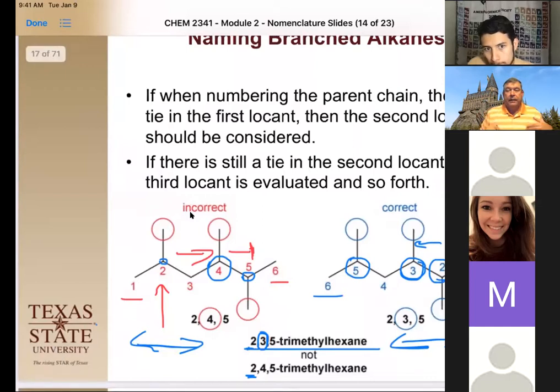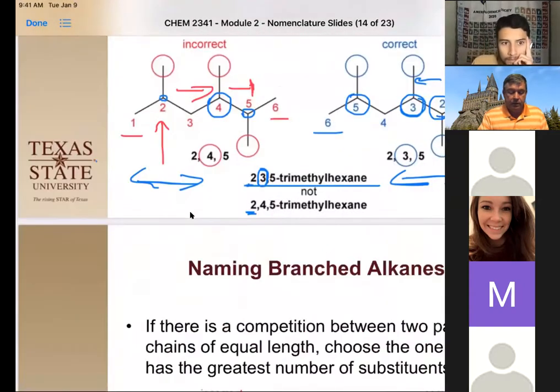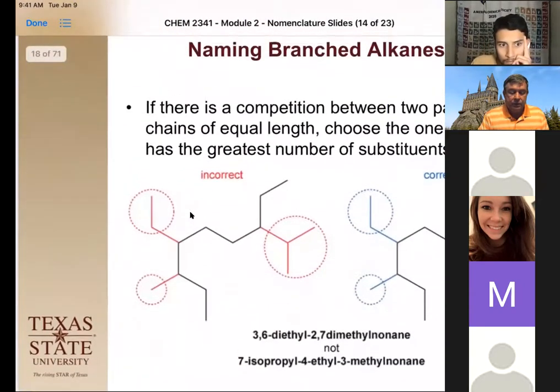So it's the same rule. We're just applying it for the next substituent because the first substituent was the same. Okay. Let's see, no questions, no hands up. All right. Okay, so